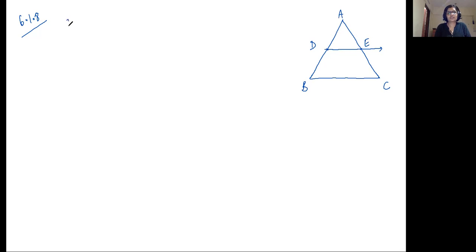All right. So what is given? Let's continue the round robin. Next, whose chance is it? Ritisha. Okay. Yes, ma'am. So Ritisha, what is given in this problem? D is the midpoint of AB. Correct. So if D is the midpoint of AB, how can you write it in short form? AD is equal to DB. Yeah, AD equal to DB.